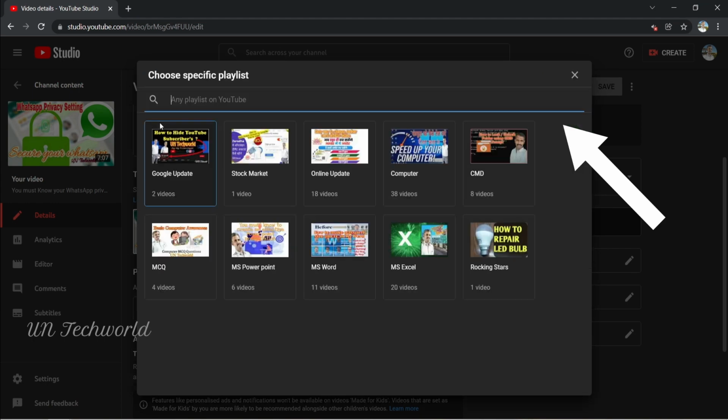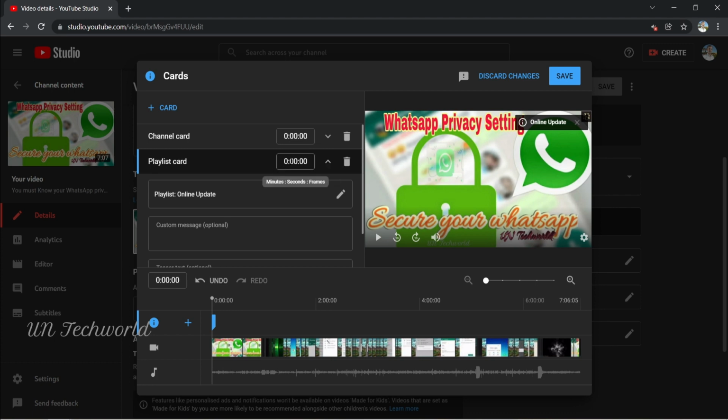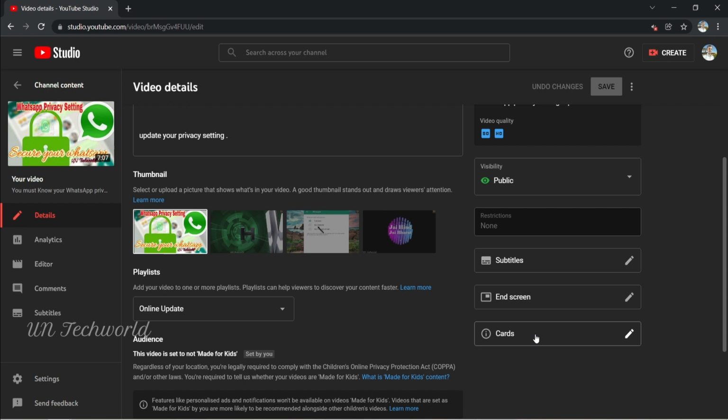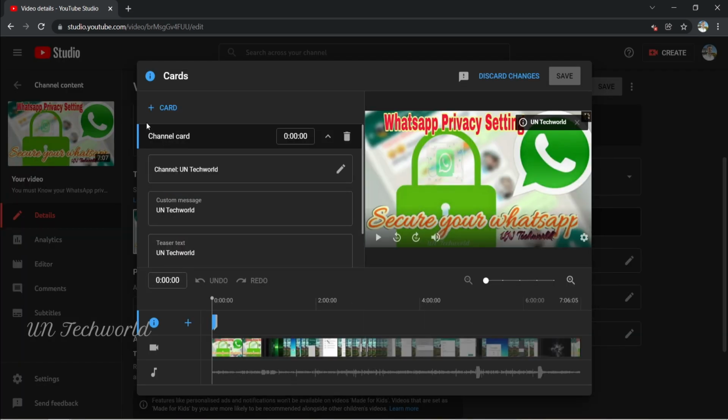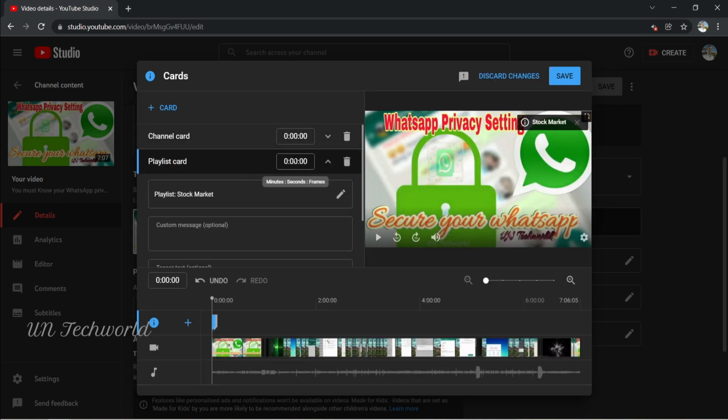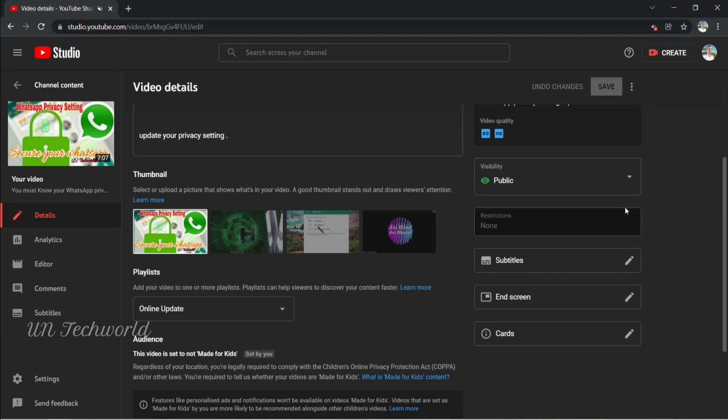If you want to add a playlist, choose this playlist, online updates, and change the time. The card will be displayed after 2 minutes. The custom message is optional, so there is no need to add it. Click on save. It will be effective on your YouTube page. If you want to add more cards, click on playlist, choose your stock market playlist, change the timing to the 3rd minute and save. So this is the end of today's video tutorial on how to add end screen and cards